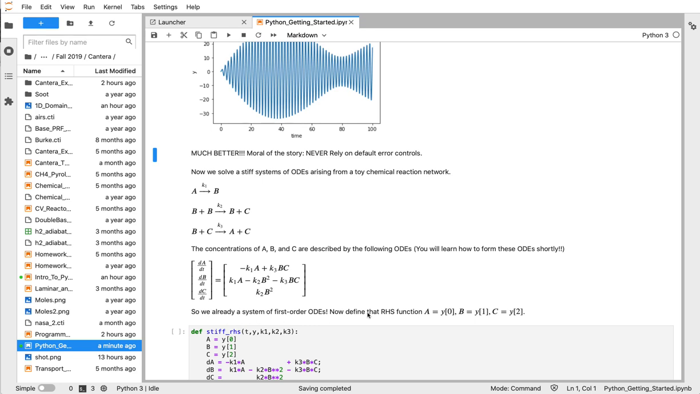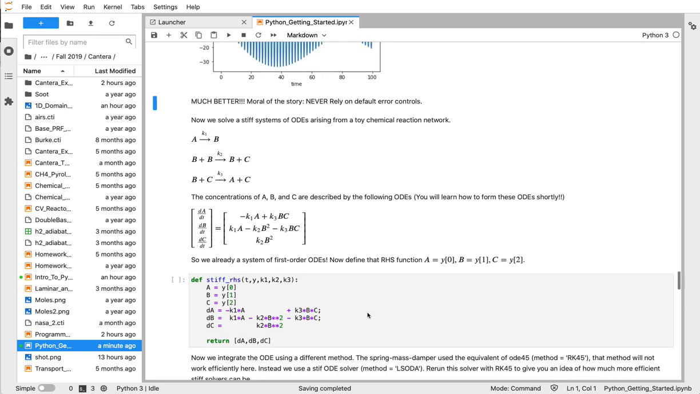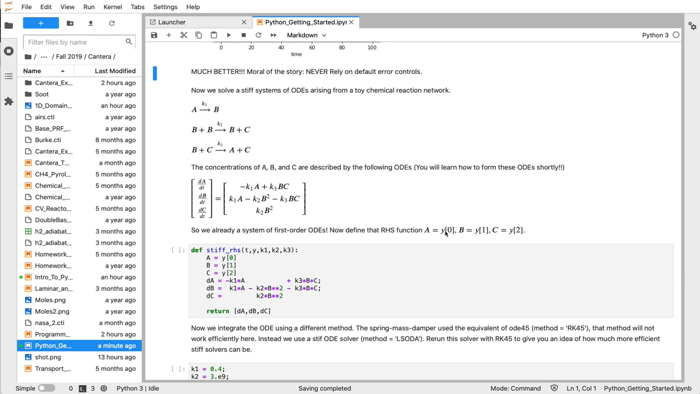So again, we need to define a right-hand side function, and basically A will be y0, B will be y1, and C will be y2. Okay, so I define our right-hand side function. Note they have to have t and some solution vector as two of their inputs, and then basically any other